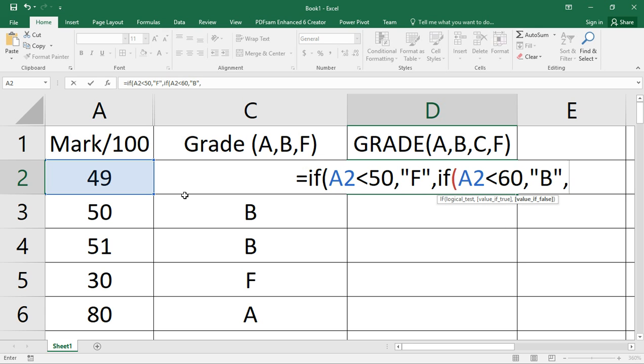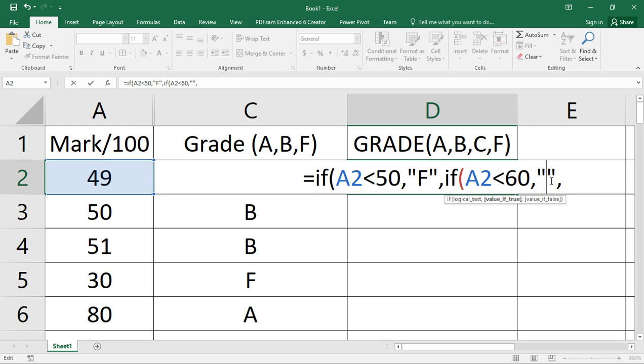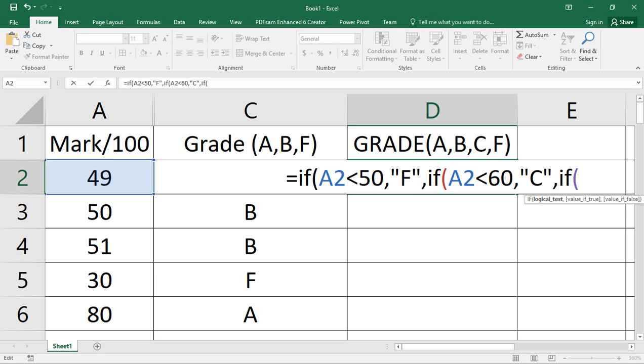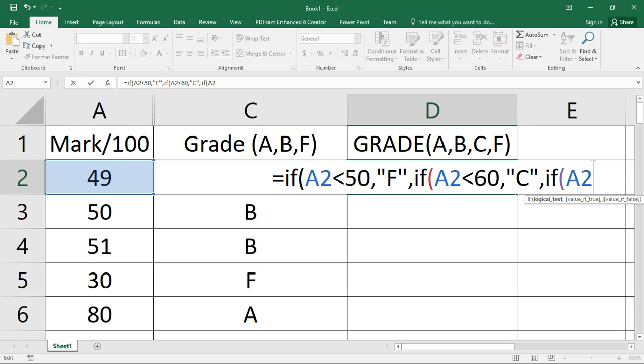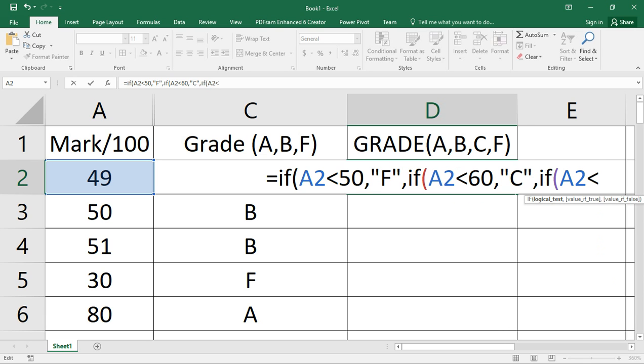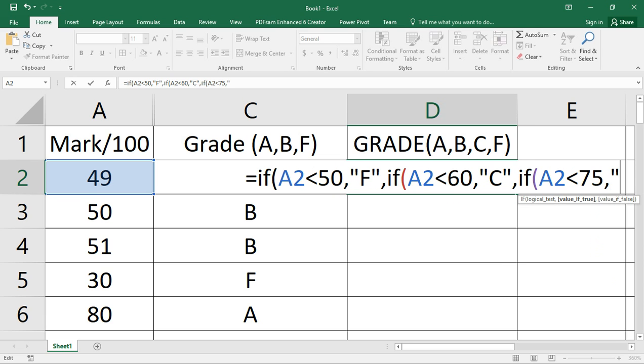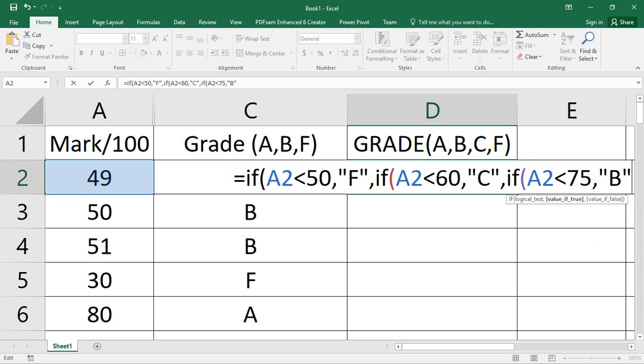Then we say comma, and then we say we need to check again because we still have B and A, so we still need to check. We then say comma, we say if again, if what, the value in A2 is less than 75, everything less than 75 is a B. Do we still need to check?